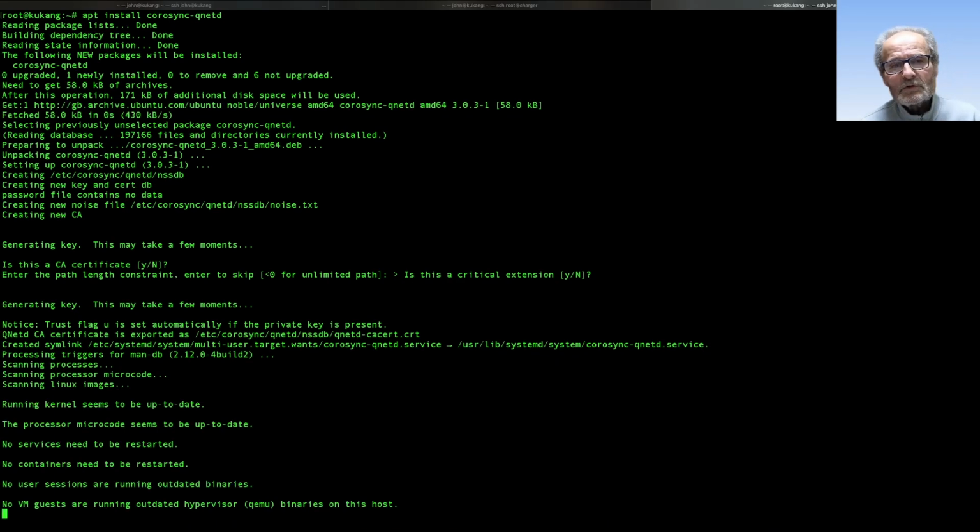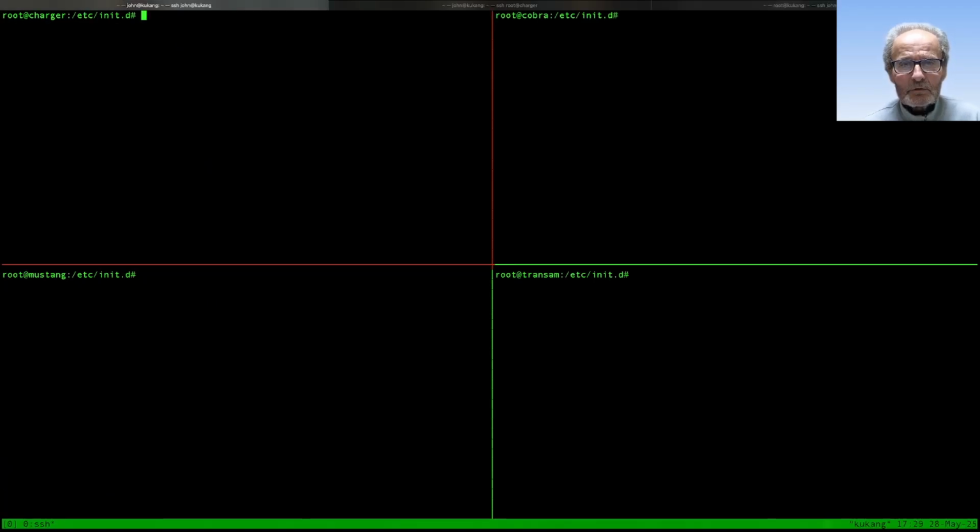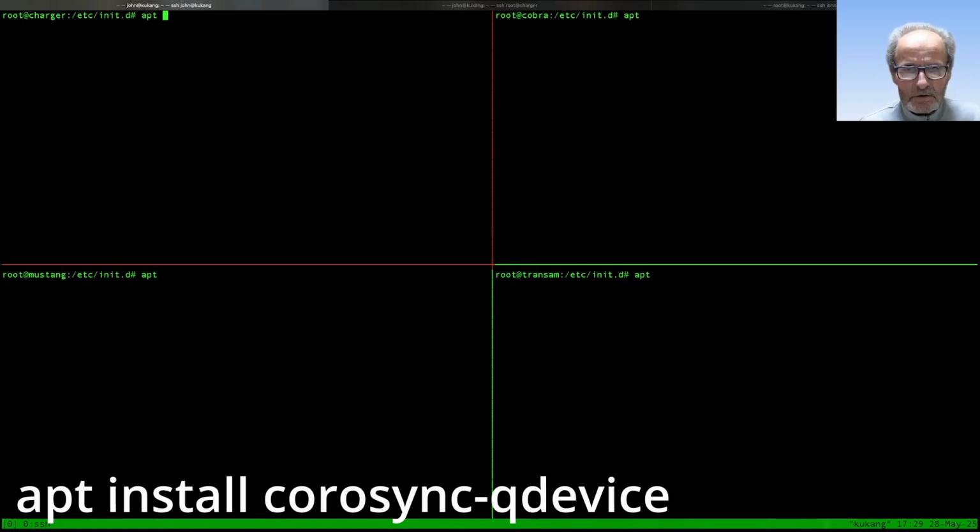Okay, and you'll notice that it's basically gone through and no errors, everything's wonderful. The only thing it says of any consequence is that it's generating the key pair. So it's actually generated a key pair that will be used between the cluster and this remote device. So that's that. So now we go back to the cluster and we do simply apt install